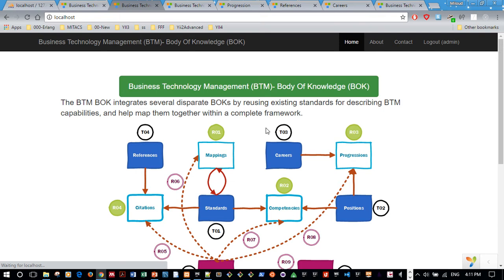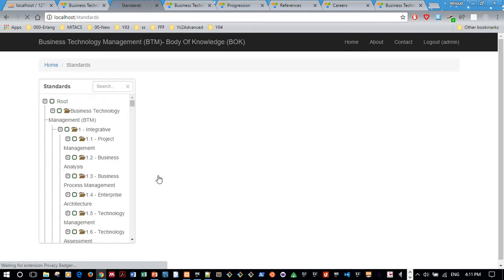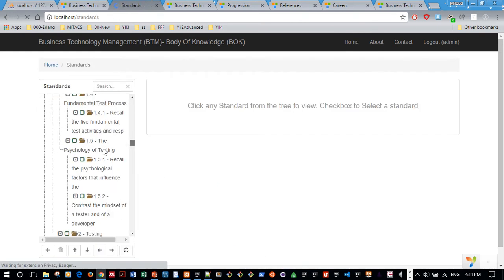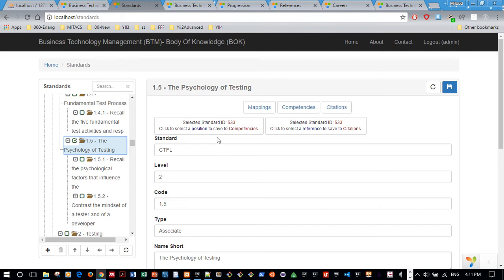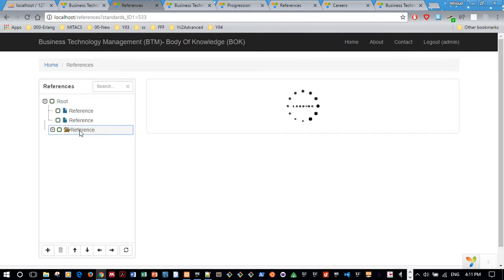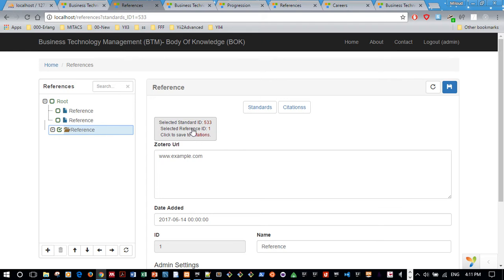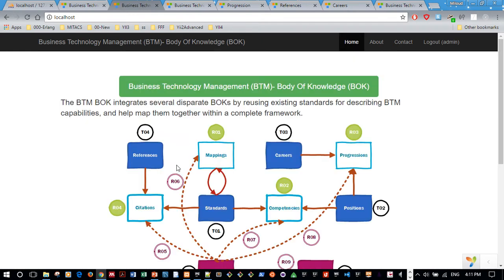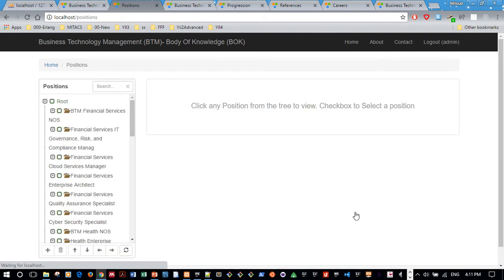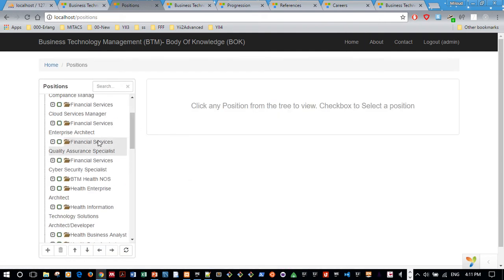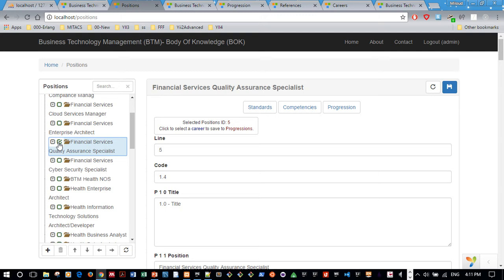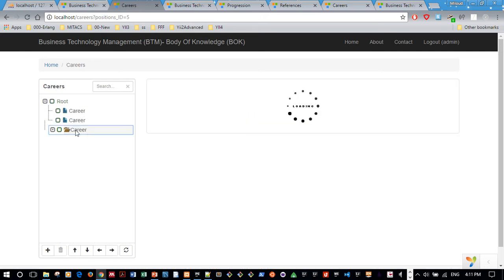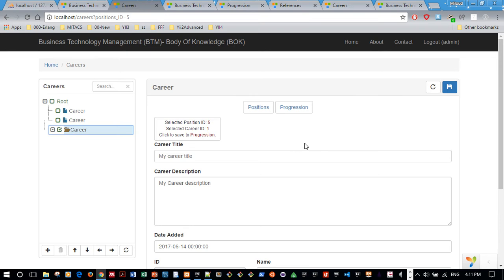Or I could go with another scenario. When I select one standard and I want to save a citation, I go to the citations and I will be able to select a reference and then save a citation like that. And if I go directly from the positions, I will be able only to save a progression. So you see how it happens now. I got only one button to save a progression, and that makes sense, it makes logic, because we don't want to save a competency